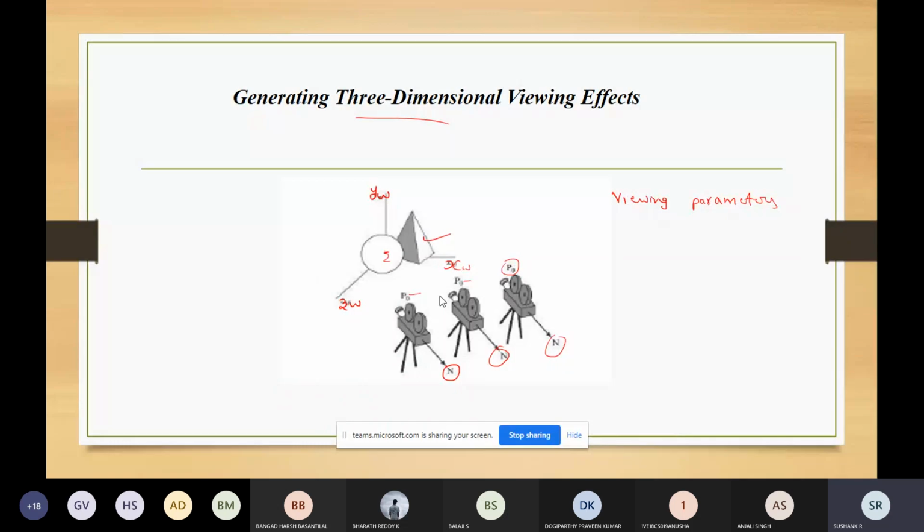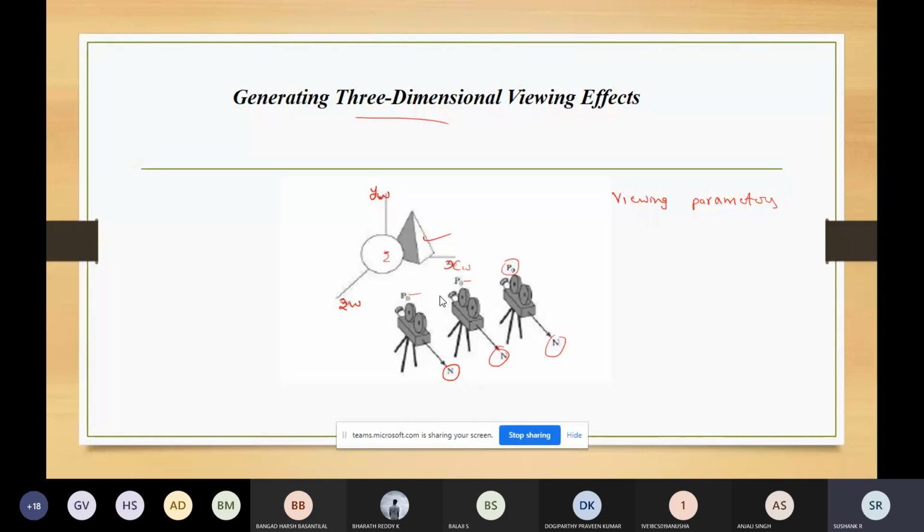What you will be doing is just changing the viewing direction with a little shift, by making little changes in the viewing direction. So you can obtain different viewing angles, or you can get wider viewing angles for the same scene. And also these views can be combined. The different views which are obtained can be combined to form a composite display.